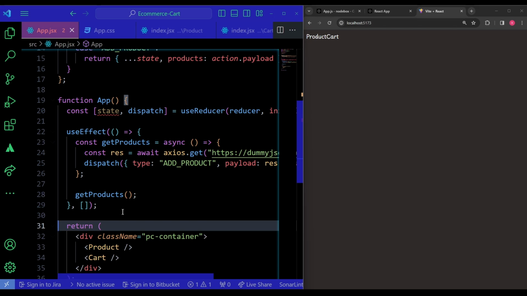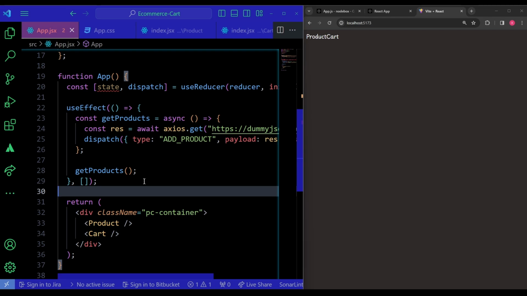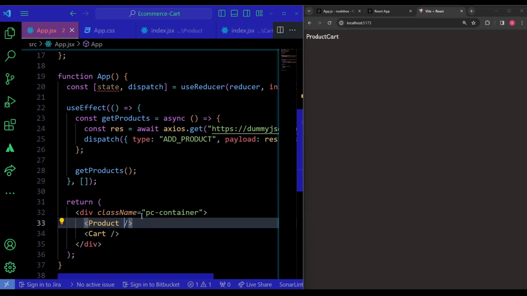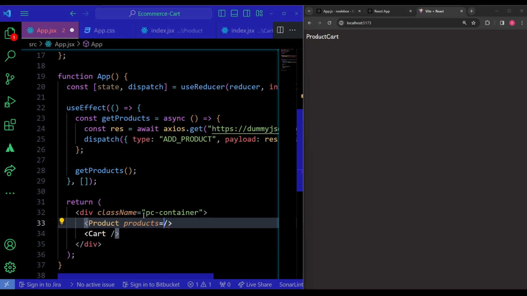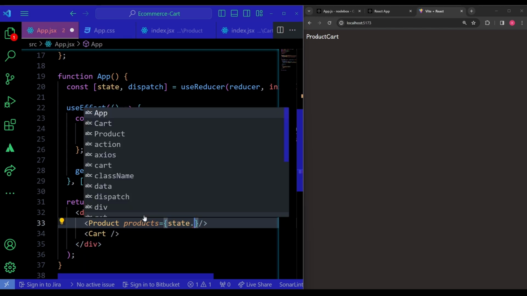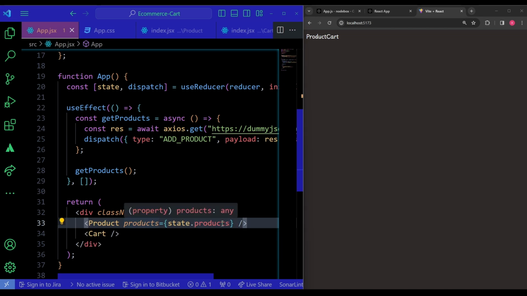Now we can actually populate the products over here. Let's first actually populate the products. So what I'll do is, over here in the products component, I'll send this a few props. So first will be products. This is going to be nothing but state.products, because if you remember, in the state we had the products property. All right, so for now we can just send this prop, and then what I'll do is I'll go to